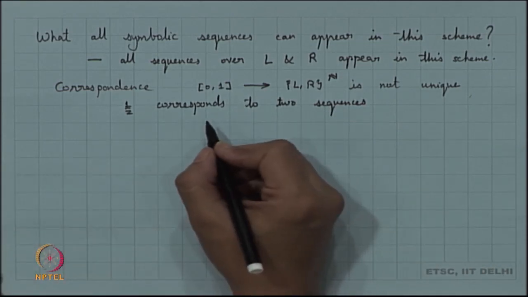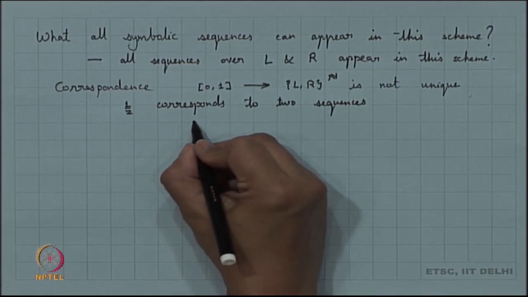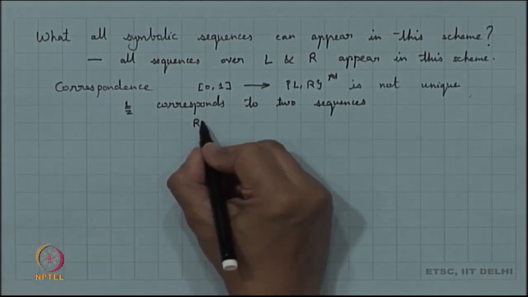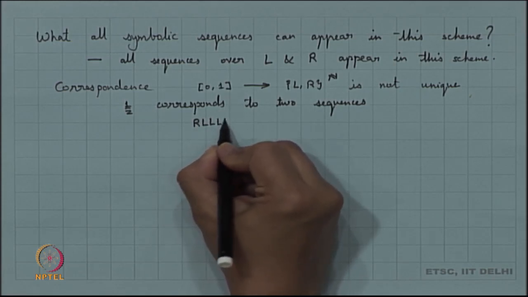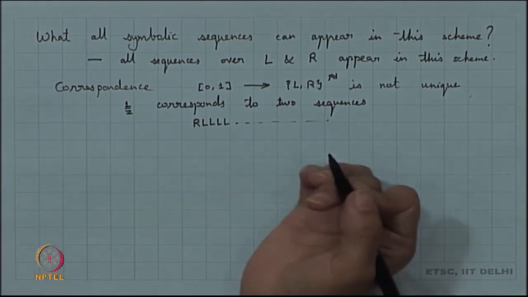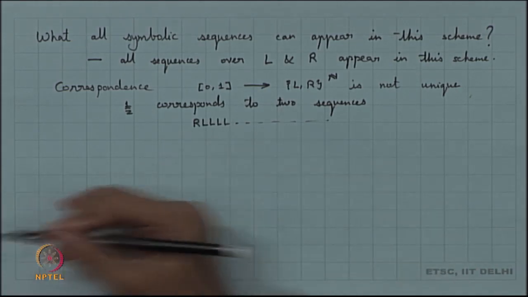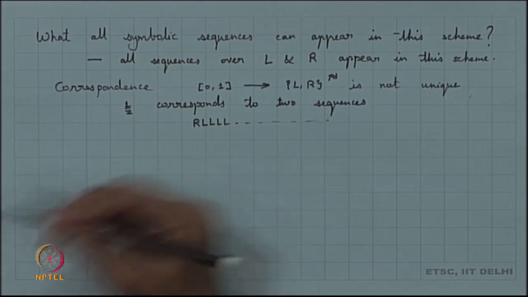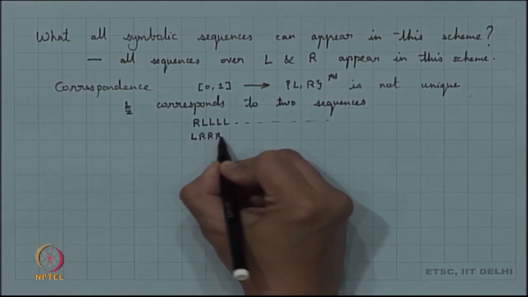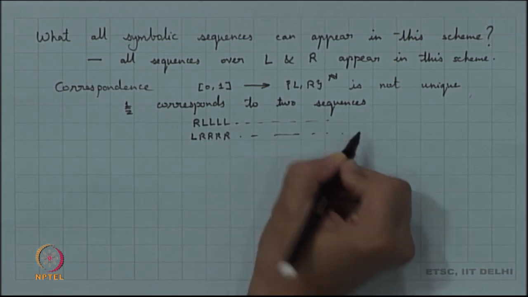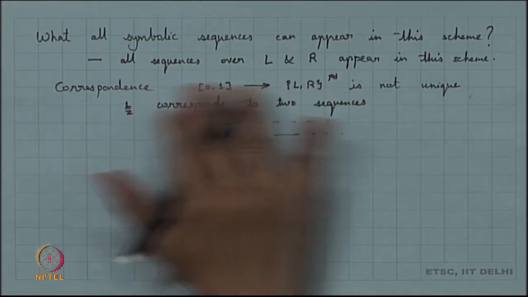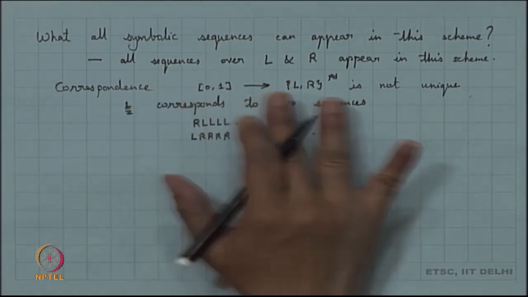My two sequences are: I can first think of it as a point on LR, and once it is on LR, it is always on the left hand side. So, this is one sequence. The other sequence I could think of as a point in IL, so the other sequence would be L to the power n. So basically, I cannot say this is a 1 to 1 correspondence here. This correspondence is not 1 to 1.